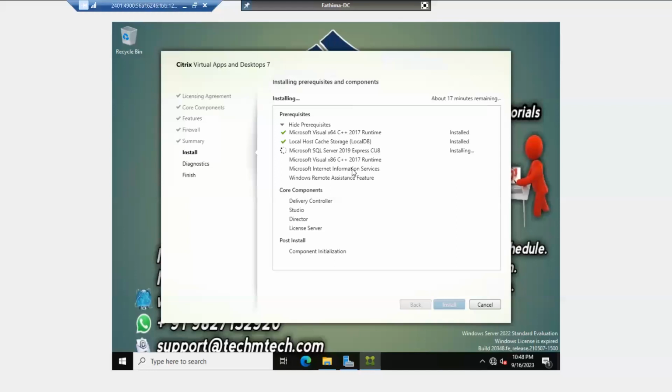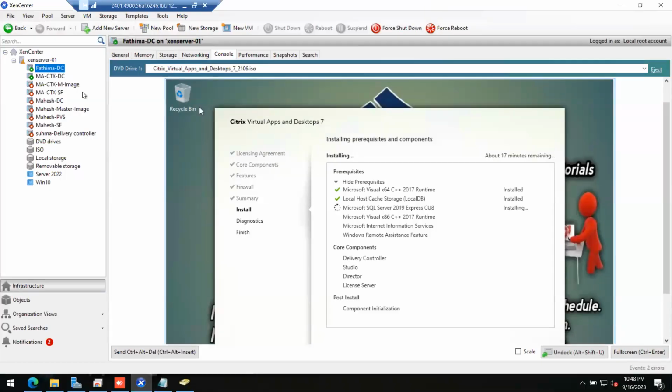So it is installing quickly. So it will take time in that SQL installation only. And apart from that,